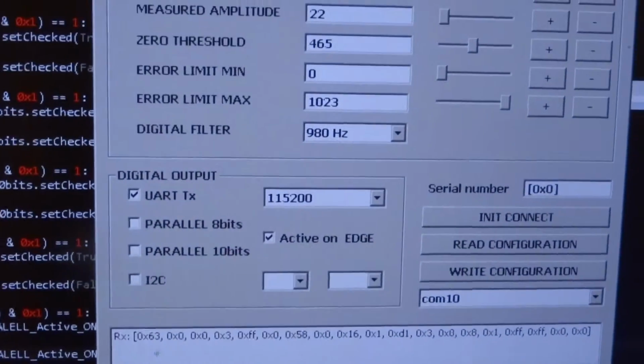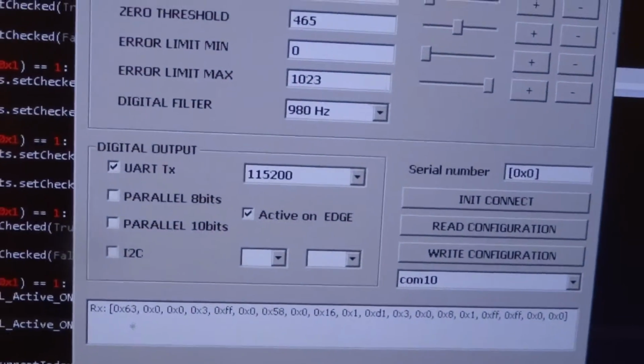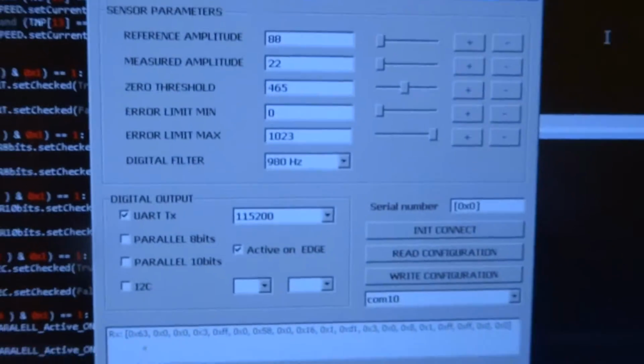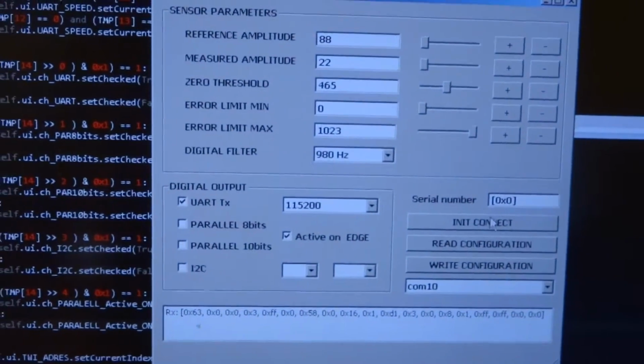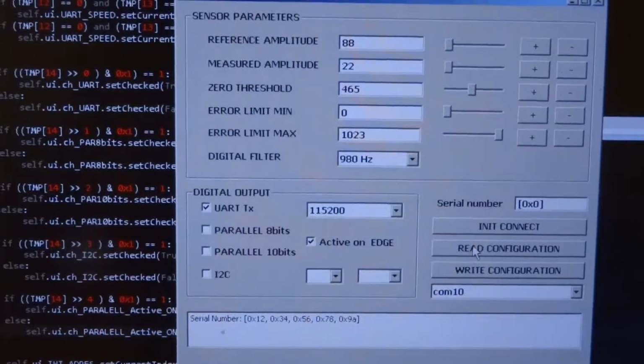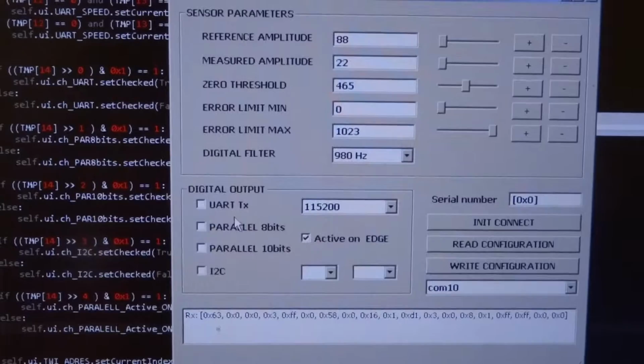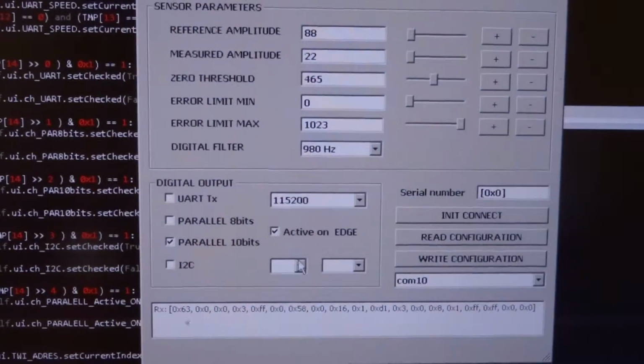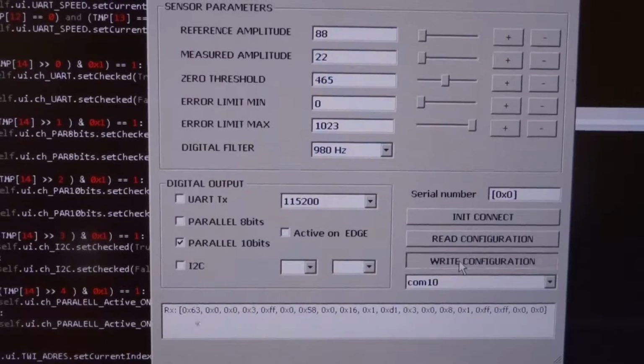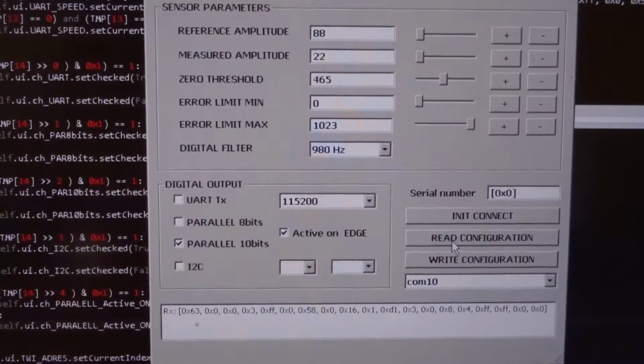Now we change the output to the parallel port. So we must again disconnect the supply, connect the jumper. We start the supply, we go back to the application, we change the focus a little. Okay, init connection, read configuration, disconnect the UART mode, and we choose the parallel 10-bit mode. We write the configuration, we read out the configuration,